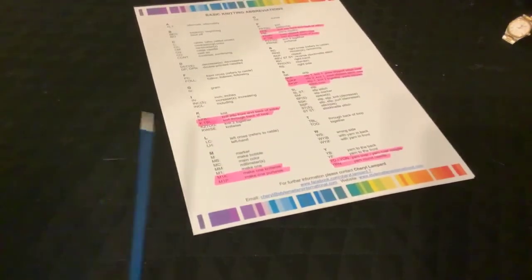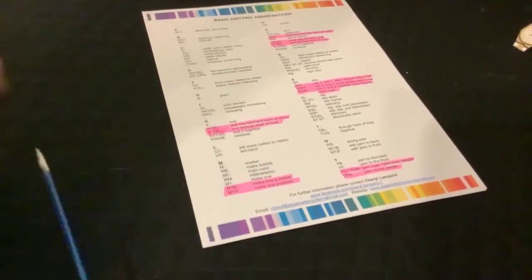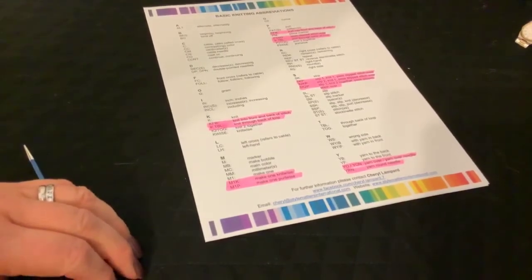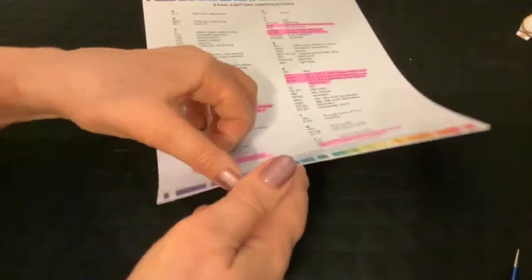Now, I'm going to do it in a slightly different order because I realised this is in alphabetical order, which makes sense. But when you're knitting these or when you're actually working these stitches, it's sometimes easier to start with the more basic ones and then we go on to them. So I've got my sheet here that I should be following and I'll be showing you what we're doing. So the first thing we're going to look at is,